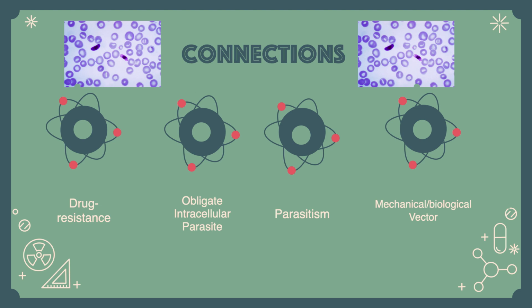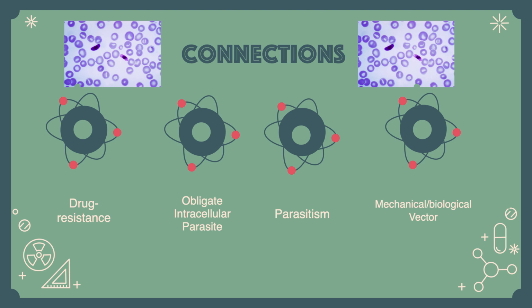The next connection I made was parasitism, and this is an example of a symbiotic relationship. In this relationship, however, for parasitism, it only benefits the parasite and not the host. The host actually is damaged or killed by this parasite. And then the last connection I made